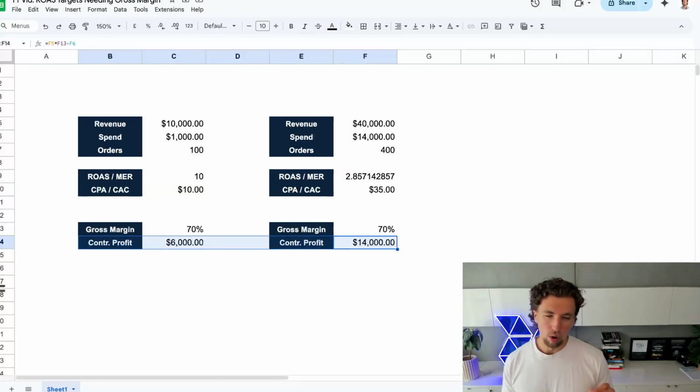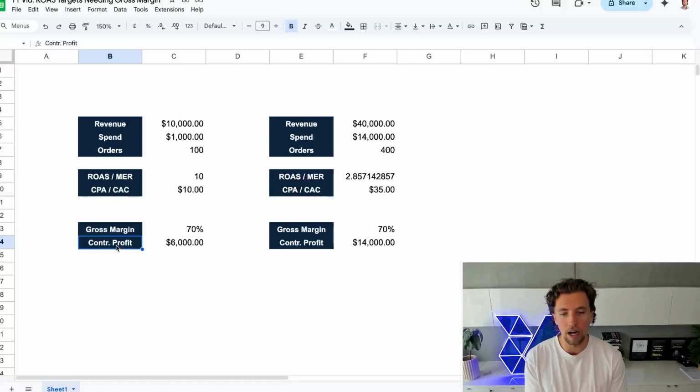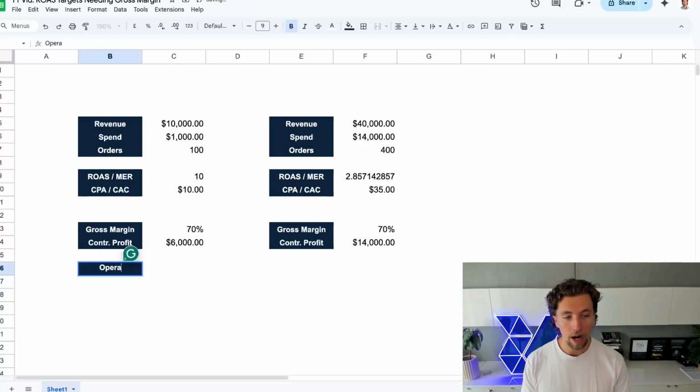And this gets even more extreme when you factor in fixed costs or operating expenses. Now, this is something that we will always request from clients. Some clients don't want to give it to us, and I understand that, because if you give us your operating expenses, we can calculate your net profit. Now, for us, it is incredibly helpful, and I'm about to show you why. But I also understand that some people don't want to just tell people what their net profit is of the business. I get it. But I'll tell you why it's important and why I would still recommend giving some kind